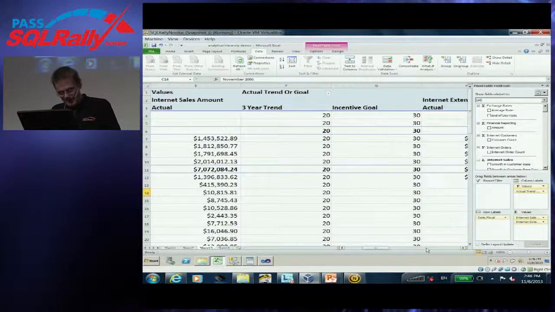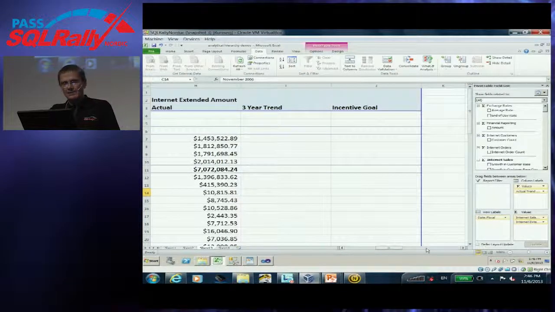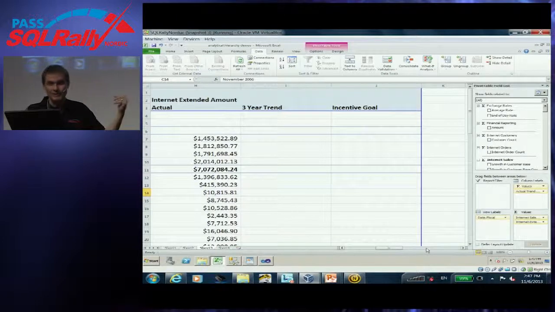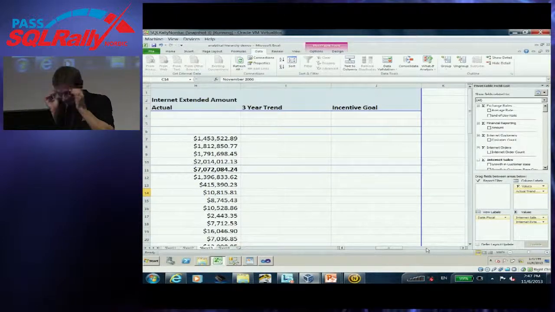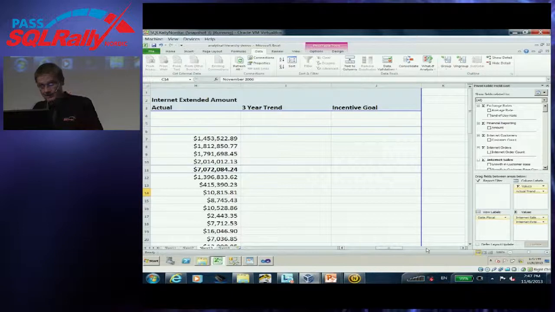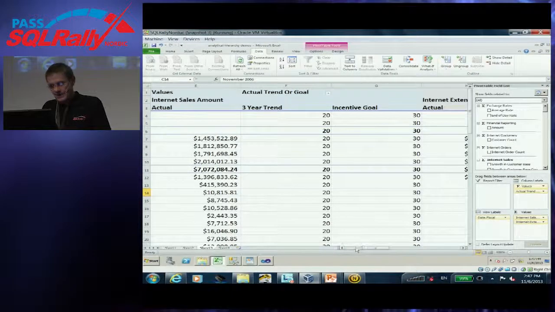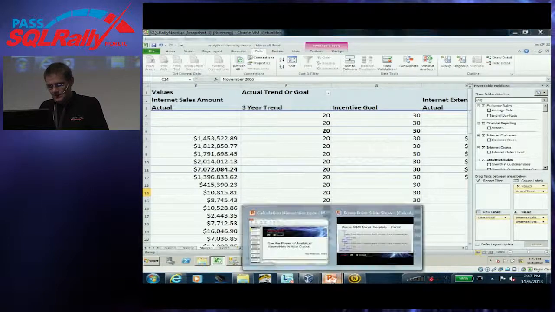And then we come over a little bit farther, and we see here for internet extended amount, we still see the nulls, because we didn't apply this. We don't want to apply that. And we always want to check that. You always want to make sure that you're not applying your calculations in places where you don't want them applied. Okay, the next step then is to